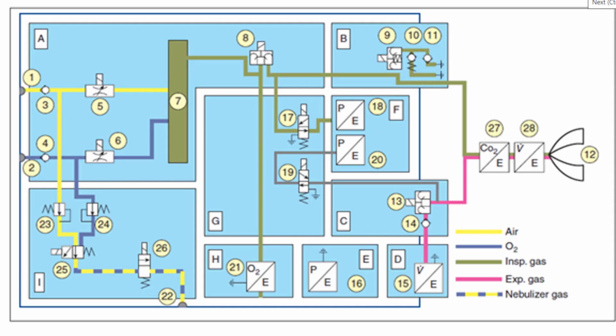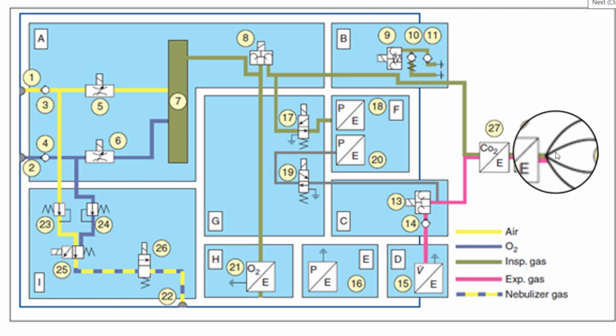In this video, we're going to study the internal pneumatics of a ventilator. What you see in front of you on the screen is the block diagram of a ventilator. It starts with an input, which is the airflow and oxygen flow inlet, denoted by 1 and 2. And the whole system ends with the air being delivered to the patient's lungs, which is the output denoted by 12.